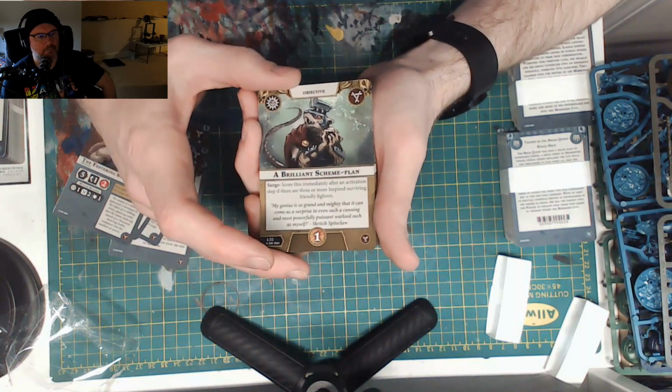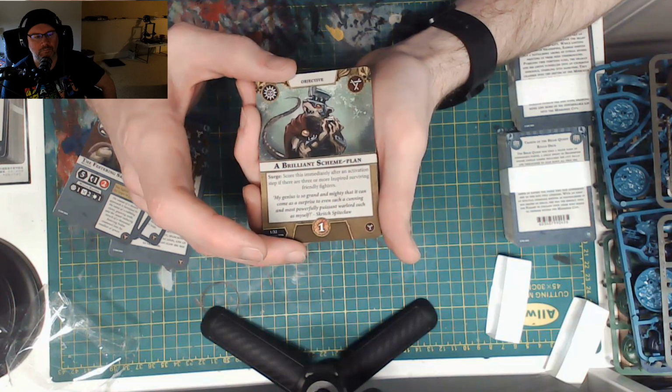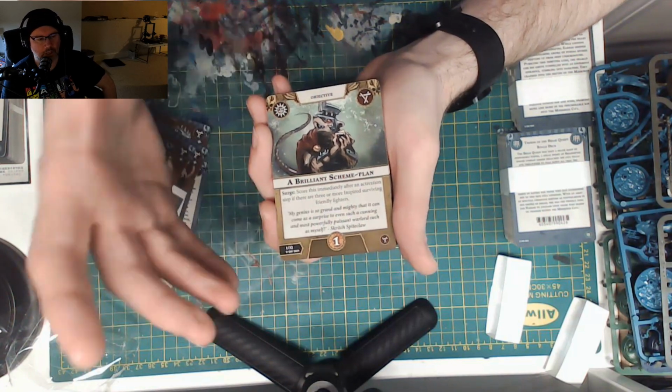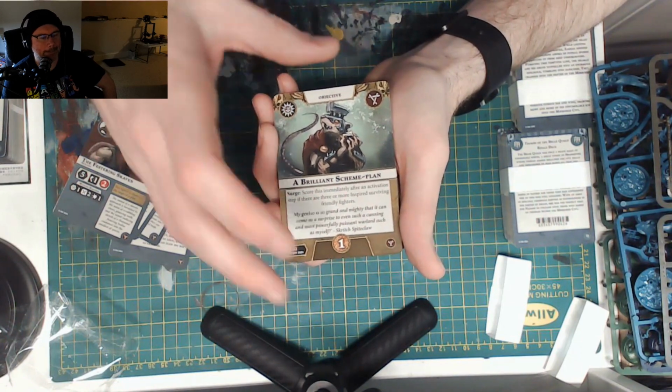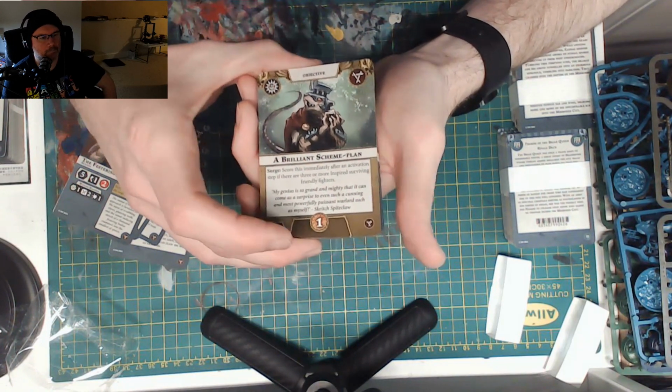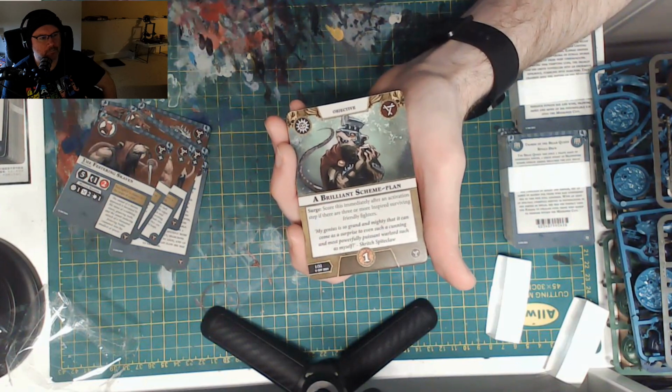Okay, Surge. Score this immediately after an activation step if there are 3 or more inspired friendly fighters. That feels new. I think what's most exciting here is also very achievable. Yeah, right. Ploy. Yeah. I think what's exciting, because we didn't really talk about this as we opened it, we'll talk about it in the episode too, I'm sure,